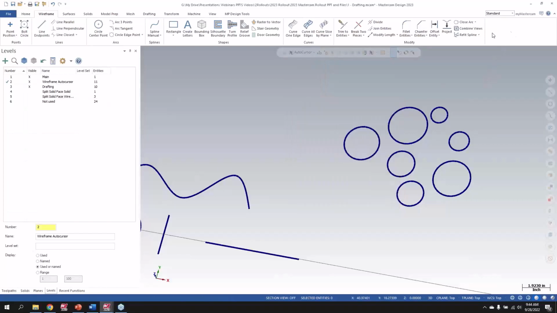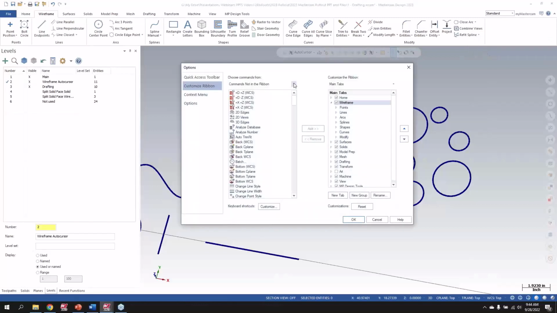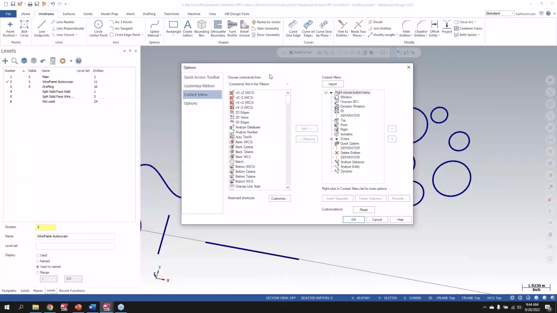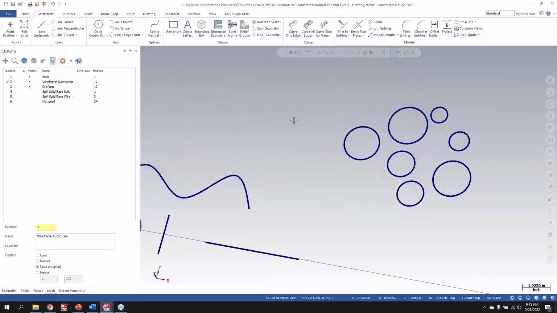But what a lot of people don't know is I can right click here and say customize the ribbon, and then go to all commands. And actually I want to do it in the context menu if I want to add it to my right click. So I say context menu, that's my right click menu. I can say all commands here and then go to all these auto cursor lock commands. So these aren't in the toolbar at the top. So I could add, for instance, auto cursor arc center to my right click. And then if I do that,